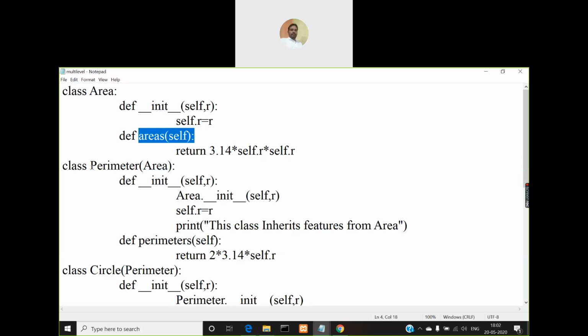Then coming to the perimeter class, it is a subclass for area. So it has a constructor init method. It receives one parameter r, and look at the first statement, area dot init. So which init method you are making a call to? You are making a call to the superclass init method. Okay, if you create an object for perimeter class, you will not be able to access superclass area's constructor. So that's why the first statement must be area dot init,